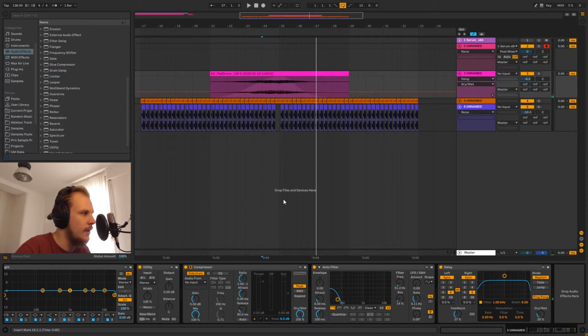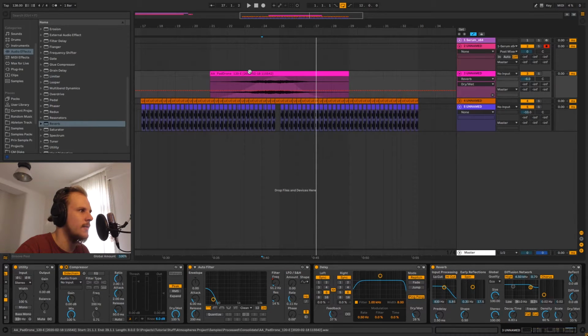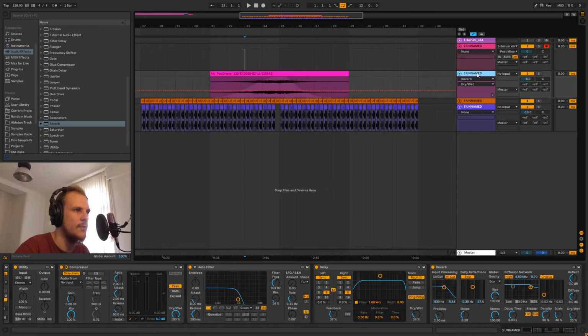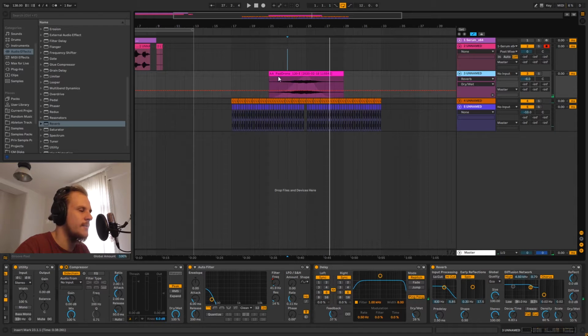And then lastly, I like to add a reverb, and I generally just use the built-in effects from Ableton for my reverb, and then just turn up the decay time and turn down the dry wet. That almost always gives me the result I'm looking for. So now we have a nice atmosphere that kind of works in the structure of the track,